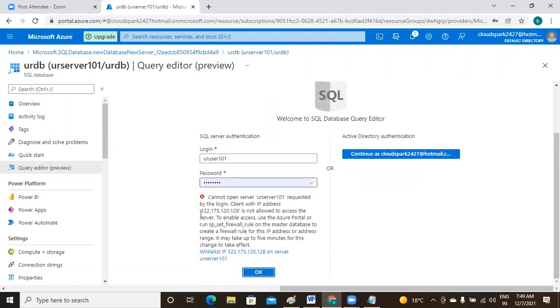This is the client IP for SQL. This IP has to be registered in firewall settings. So how to register it? Just copy that, or else directly you can click over here. So for now I'm clicking over here.